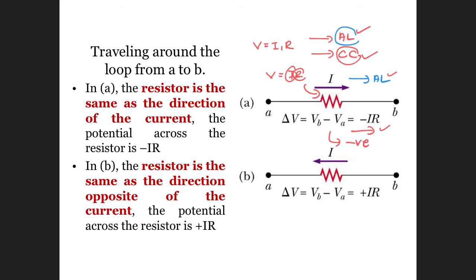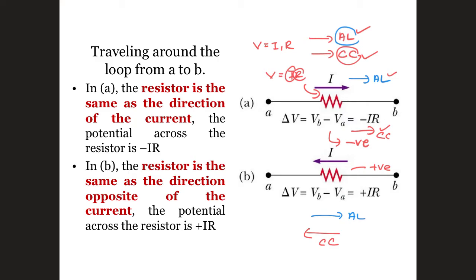For the second example, if your assumption loop is opposite to your current inside the circuit, then the voltage at the resistor there is going to be positive. Yes, I know that at the resistor there's always a voltage drop, but here we use the method, the concept. The method states that if we have the same direction, it means a negative value of the voltage drop or voltage there,